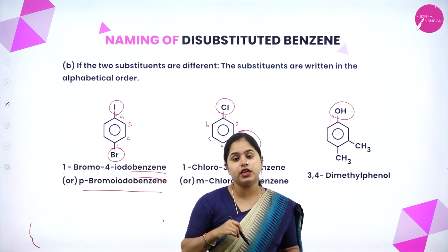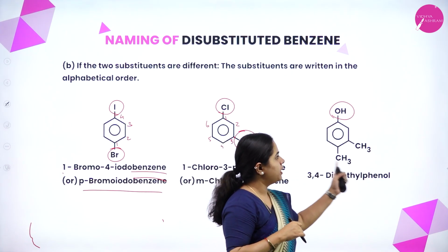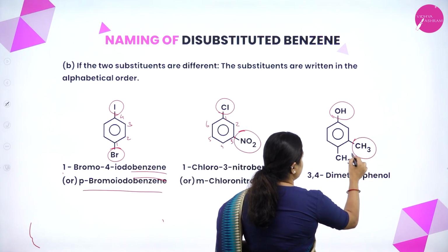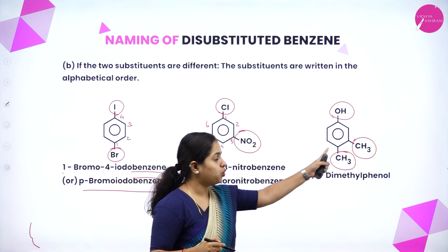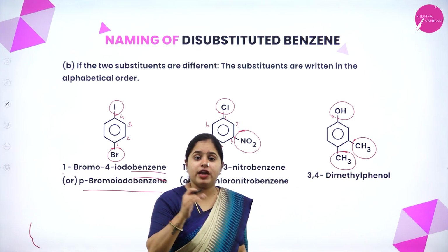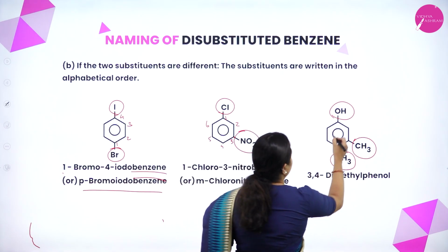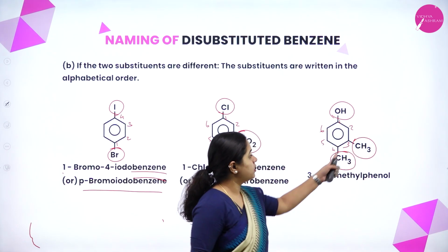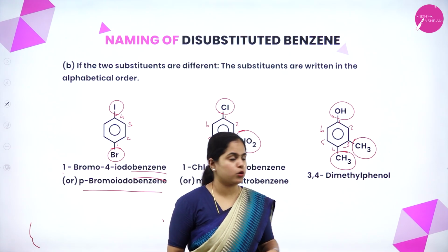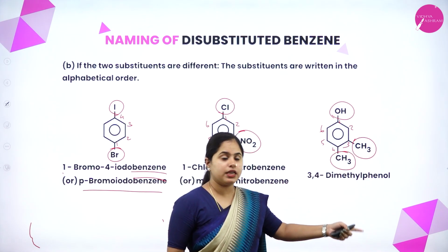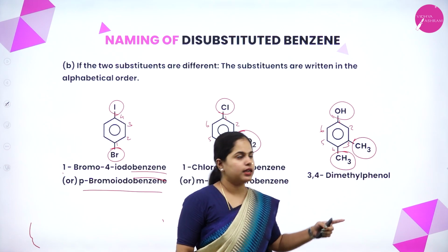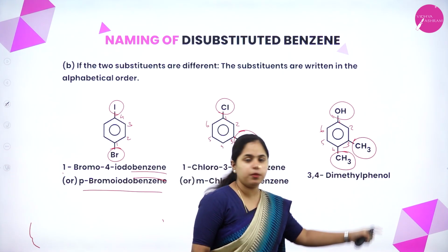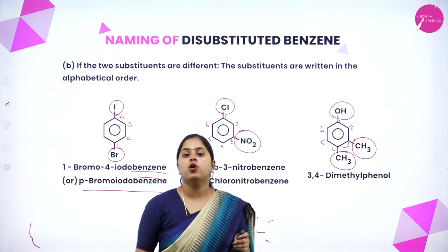Coming on to the last one, there is an OH group on benzene. That means this is a phenol, right? Okay, so the principal chain you can consider as phenol, and there are two substituents here, that is 2 methyl groups, and I have to start numbering from the functional group, right? 1, 2, 3, 4, 5 and 6. So in the third and fourth position you have 2 methyl groups. So 3, 4 dimethyl phenol, right? The whole of it is phenol and 2 substituents are there. So 3,4-dimethylphenol, right? So I hope it is clear.